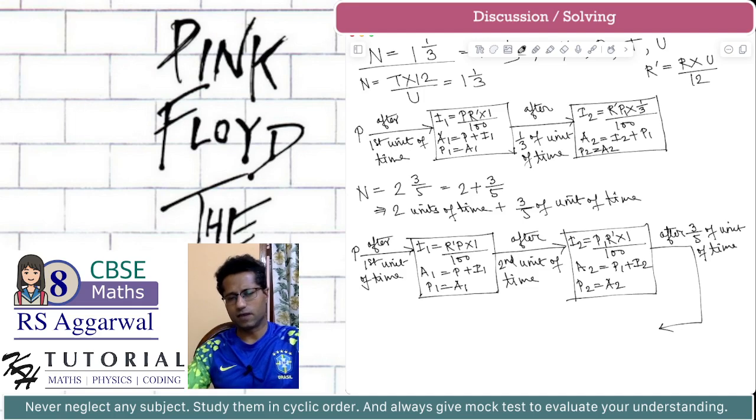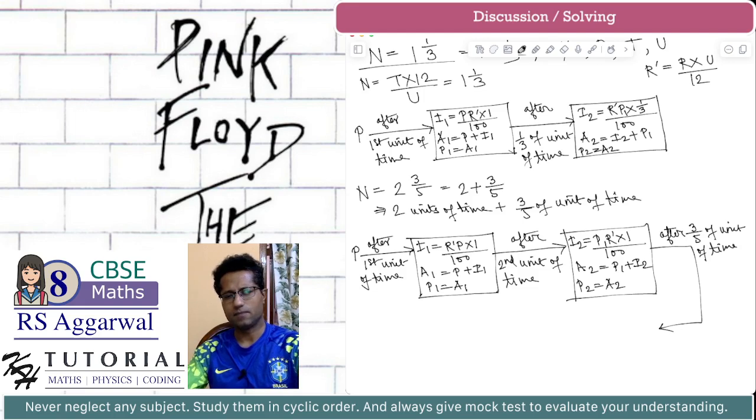Then once I1 is calculated, after another 10 months, we calculate I2. But once I2 is calculated, then after 3/5 of 10 months, which is 6 months, we calculate the third interest. So basically, since n is equal to 2 plus 3/5, we will have